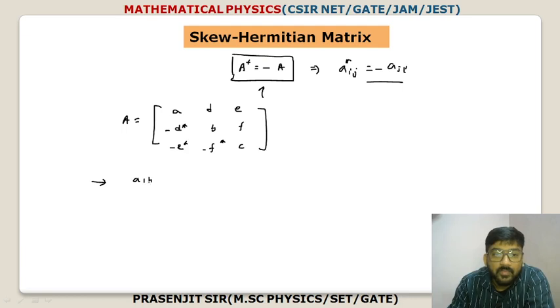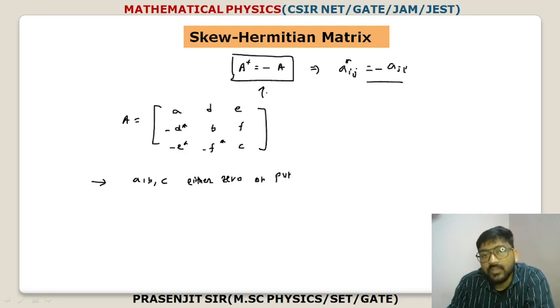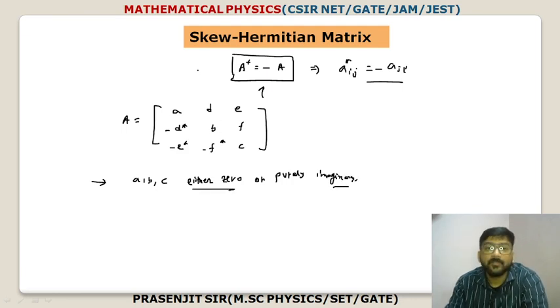ABC क्या होगा, either 0 और क्या होगा, प्योरली इमेजिनरी। जैसे हर्मिशियन मैट्रिक्स में क्या था, ये सब प्योर रियल था, बट यहाँ प्योरली इमेजिनरी होगा, अदरवाइज ये जीरो भी हो सकते हैं, ठीक है। So this is the definition